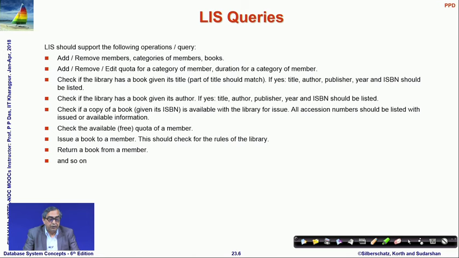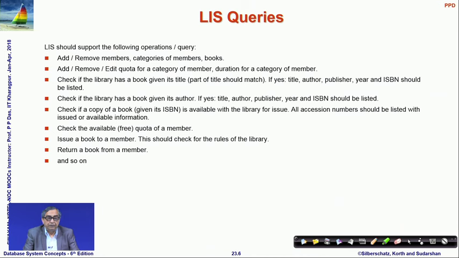We should be able to check if a copy of a book, if I specify the ISBN number, whether it is available with the library for issue. So, there may be, as I said, multiple copies of the same book. So, given the ISBN number, it will return all the copies, the accession number of all the copies and their issue status, whether they are issued or they are available. It should be possible to check the available free quota of a member, and certainly